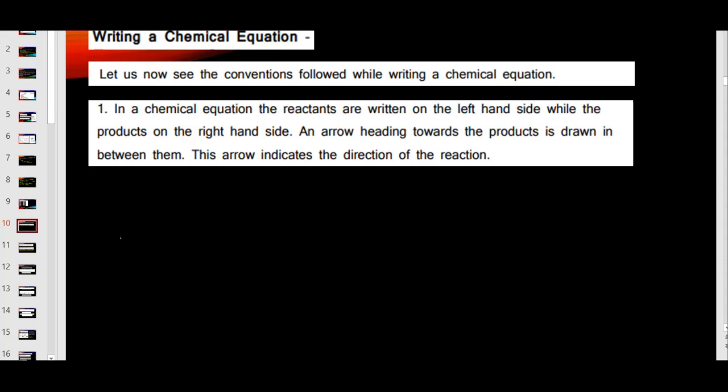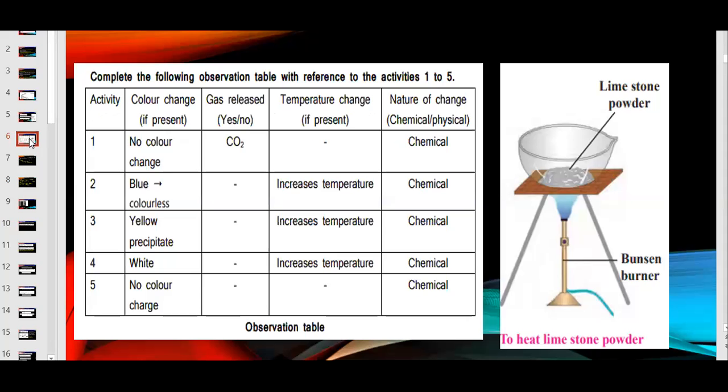Right now we discussed those 5 activities and different reactions, and we also completed the table. Okay, what changes are going to take place. So this is it, and we will continue with this